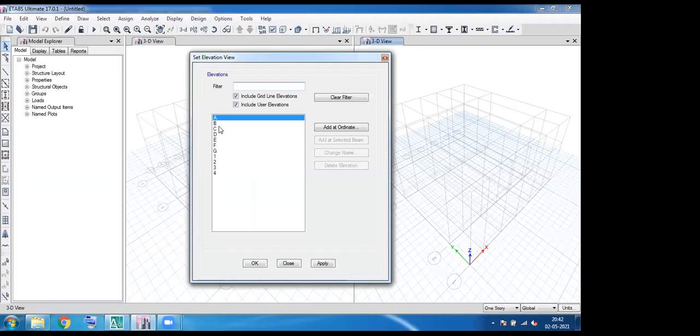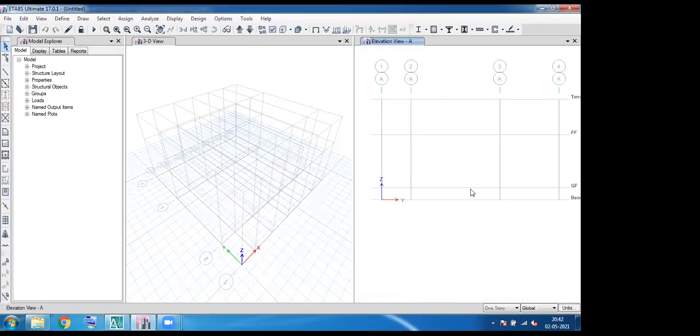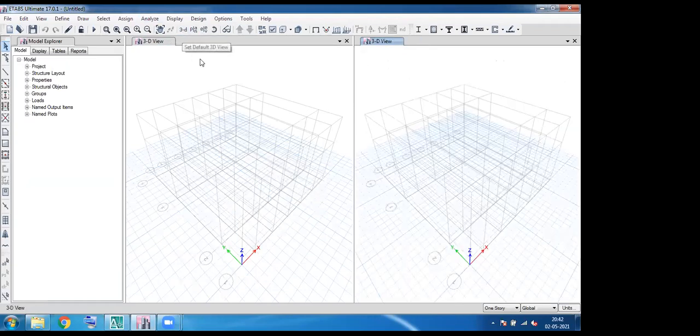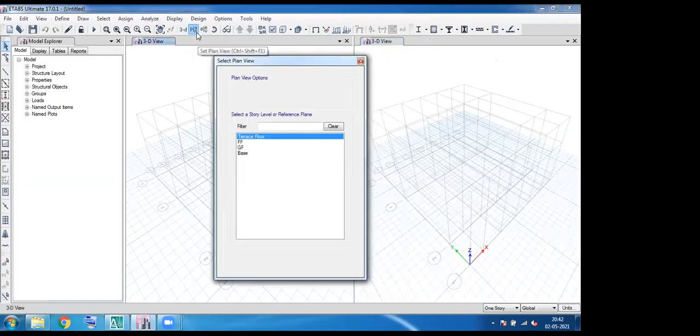So it shows the different elevations based upon the grid. You may know that the grid A to G is the X grid data and 1 to 4 is the Y grid data. If you want to see the elevation, you can see it in this elevation window. And for plan view, you can click the plan.